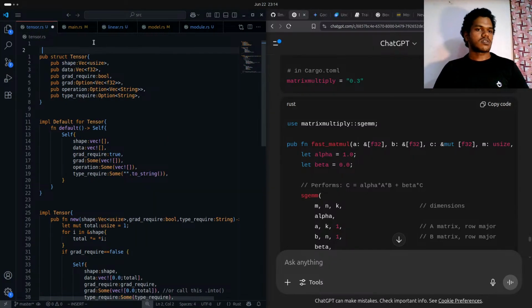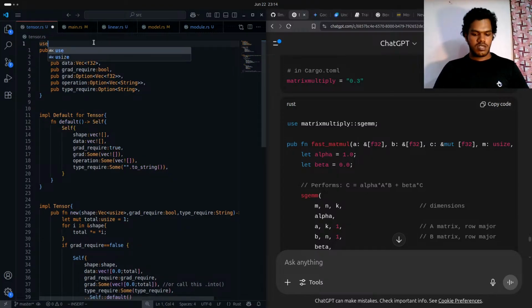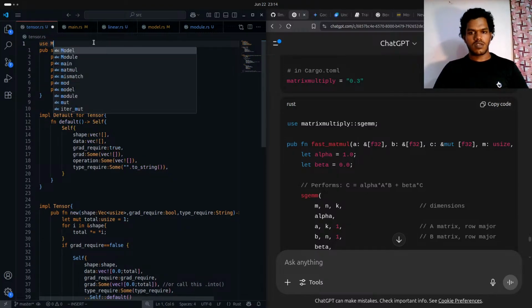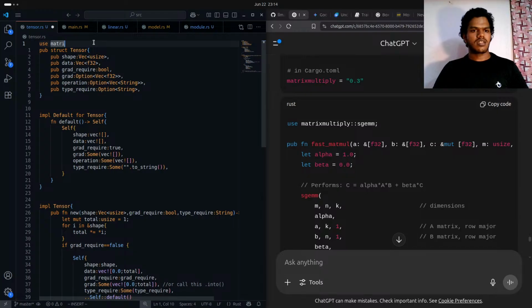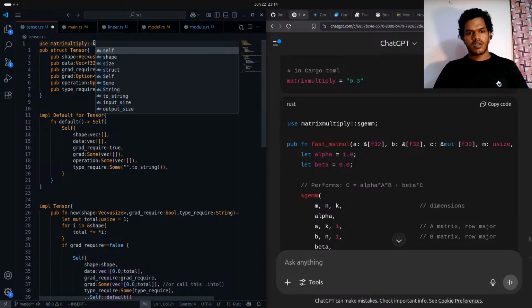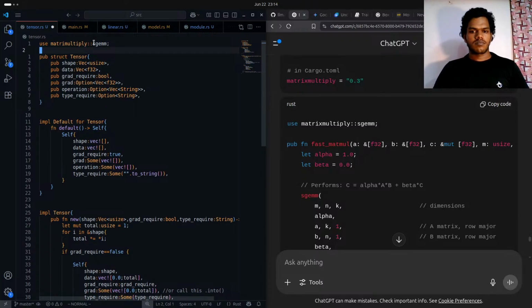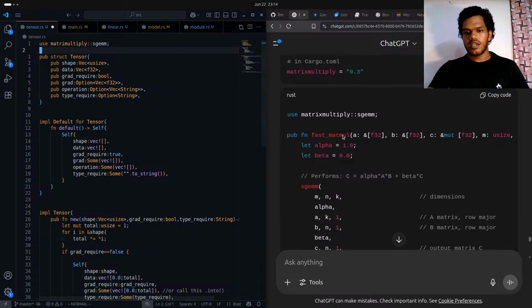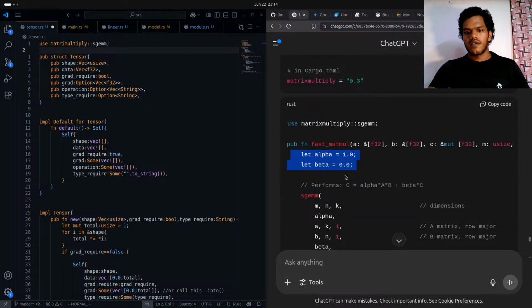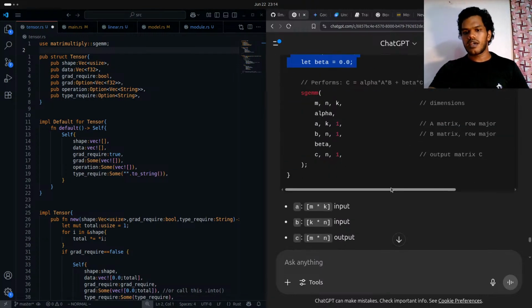So it's going to be use mat multiply, and fast multiply, and